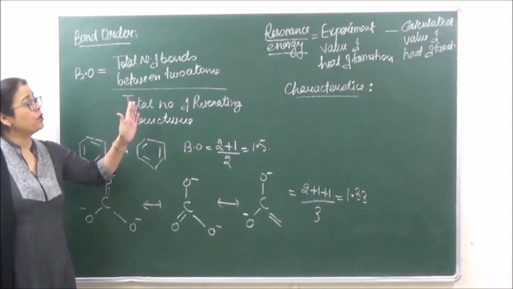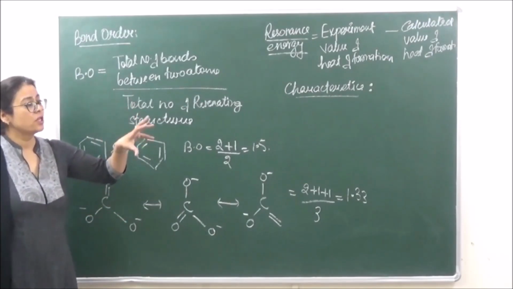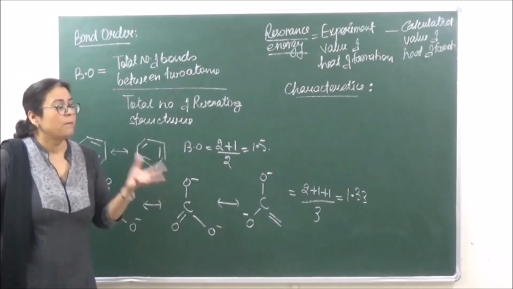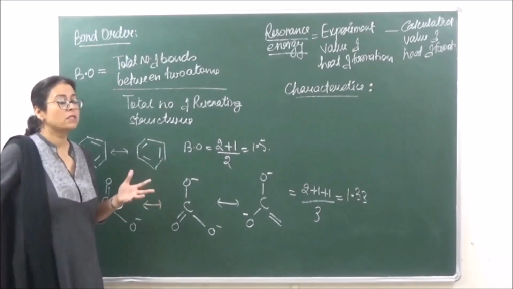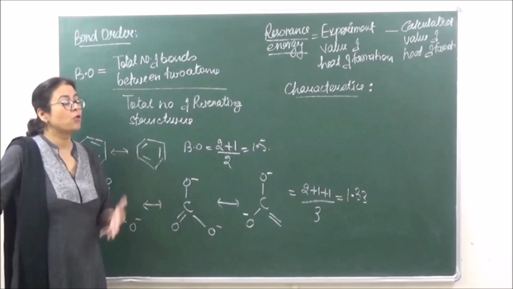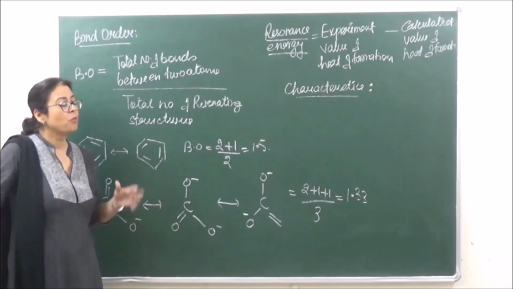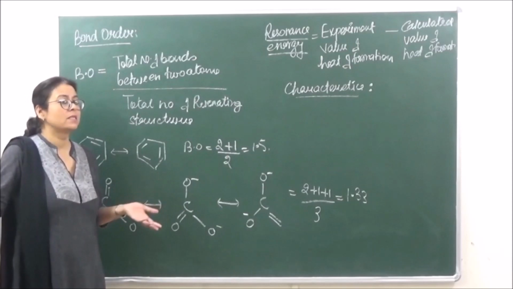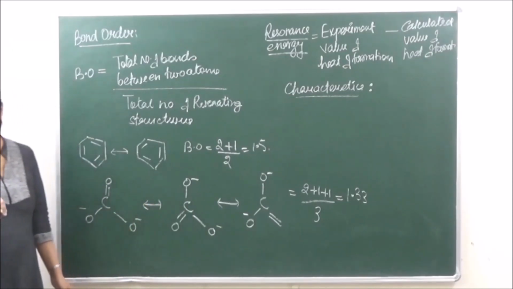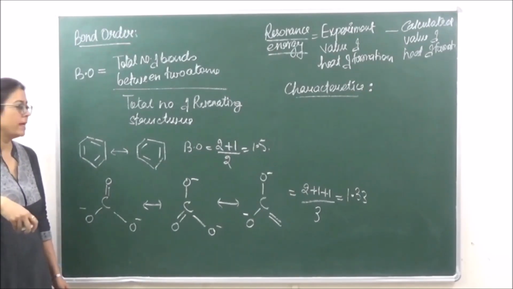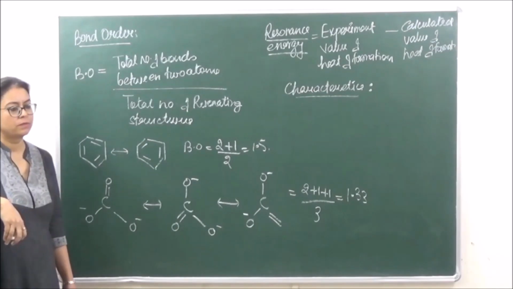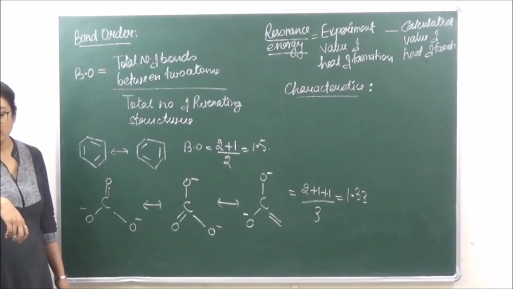Previously we were talking of resonance energy and stability, in which the resonance energy was absorbed, but mostly it is said that the resonance energy is released. It is the energy released. So if a system is losing energy, it is going to become more stable. ठीक है? So more the resonance energy, more is going to be the stability. Then number 3, greater the number of covalent bonds in canonical forms, more is the stability.